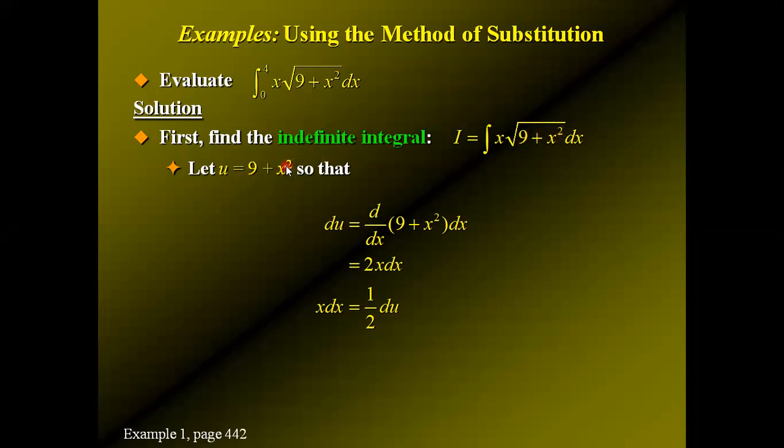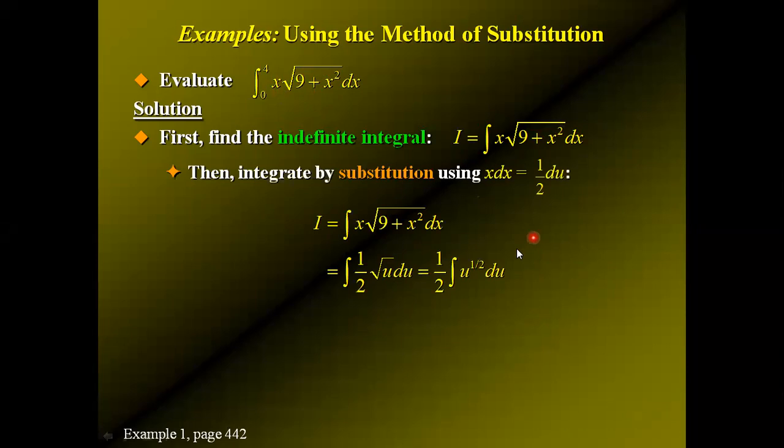Substitute the variable. So u equals this; differentiating, what will be du? The differentiation of 9 will be 0, and the differentiation of x square will be 2 x to the power 2 minus 1, that means 2x dx. So x dx means half du. After substitution we can write x dx equals half du, then this can be written as half into root over u du. Half into root over u means u to the power half.